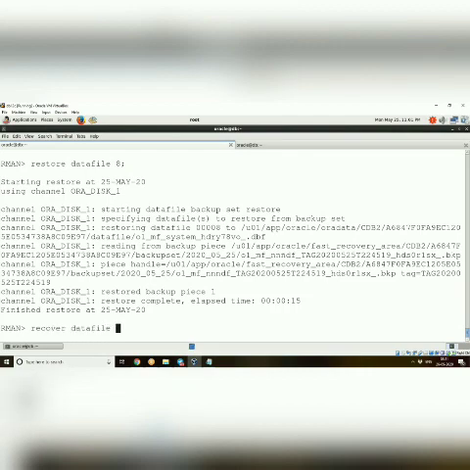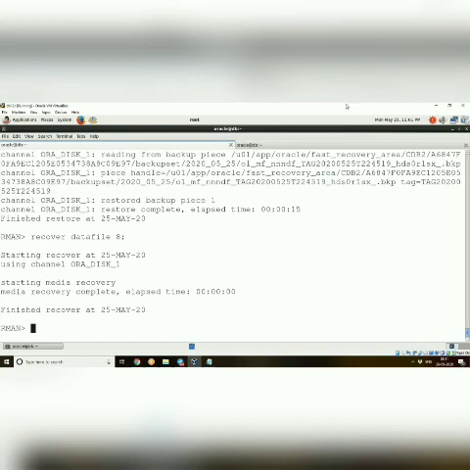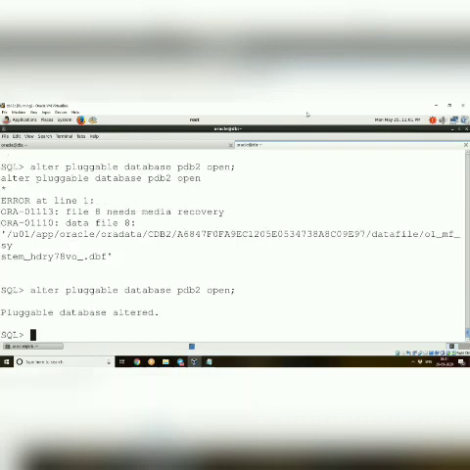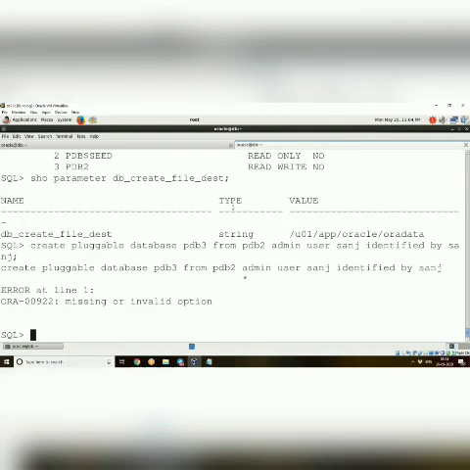Now so now it is open. Fine. So now what we'll do, we'll check what happens.